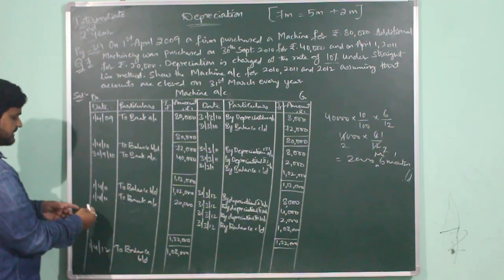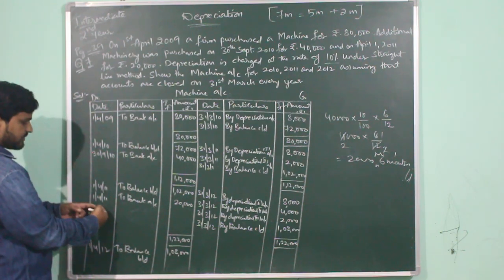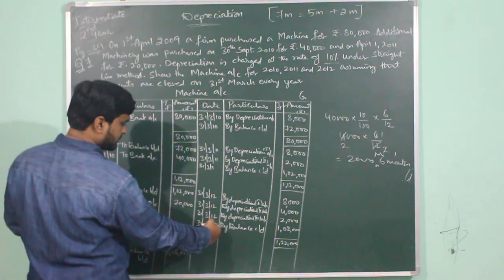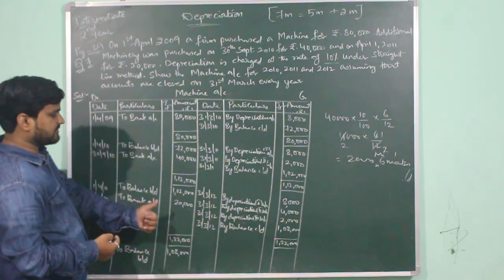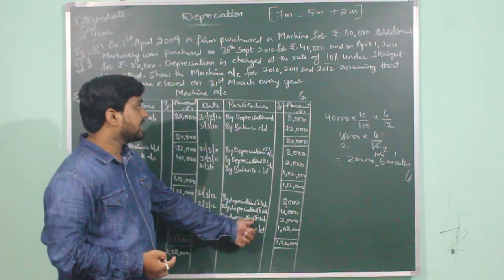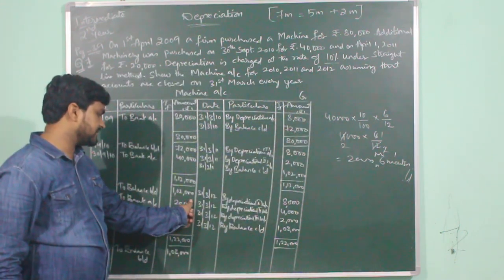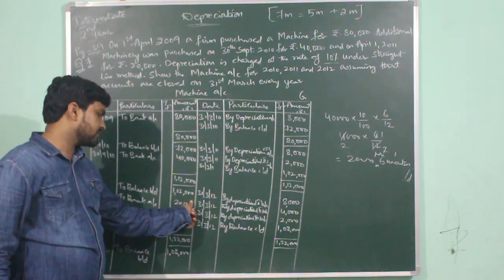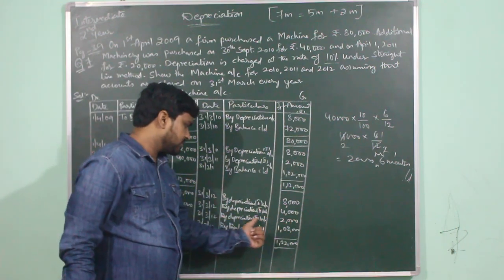Now coming to third machine, it is being purchased for rupees 20,000 on 1st April 2011. So from 1st April 2011 to 31st March 2012, it works out to be 1 full complete year. So the depreciation on third machine will be provided for 1 full complete year, and the calculation is 10%. What is the 10% of 20,000? You will be reducing 1 zero, then it becomes 2,000. So the depreciation on third machine is 2,000.